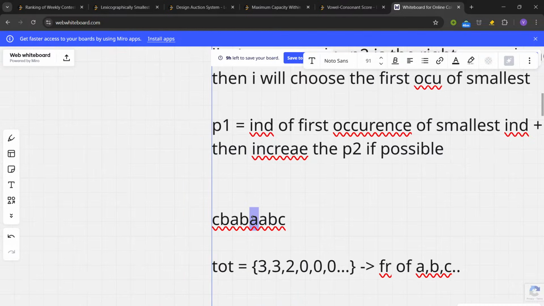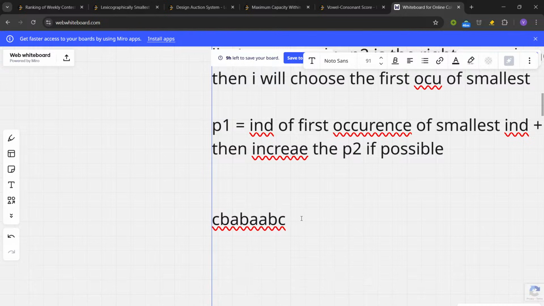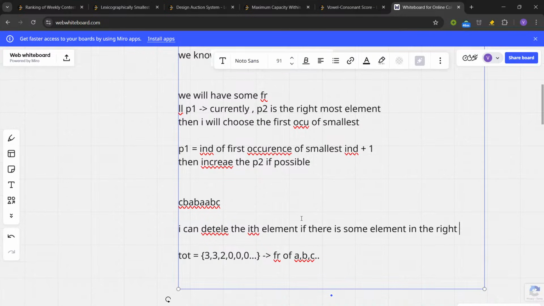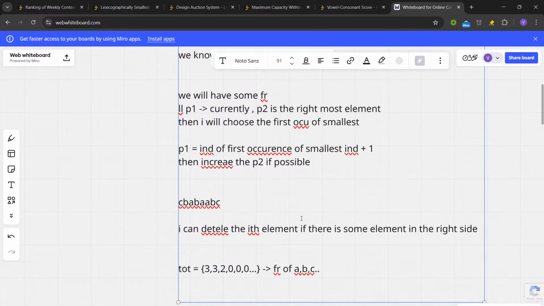I can delete this element if there is some same element on the right of it, so therefore I can delete this thing. So I can delete the ith element if there is some element on the right side, or